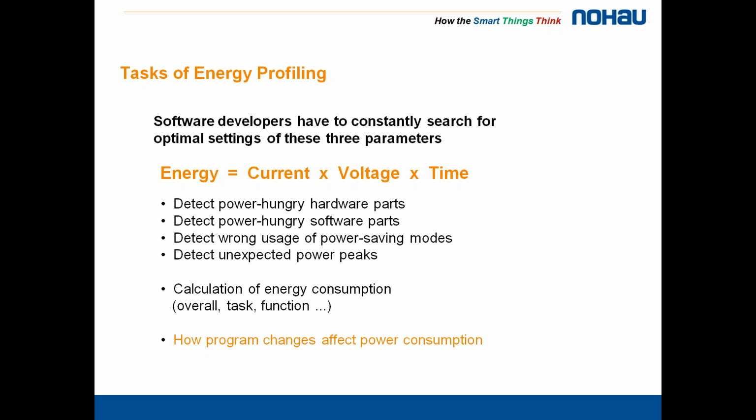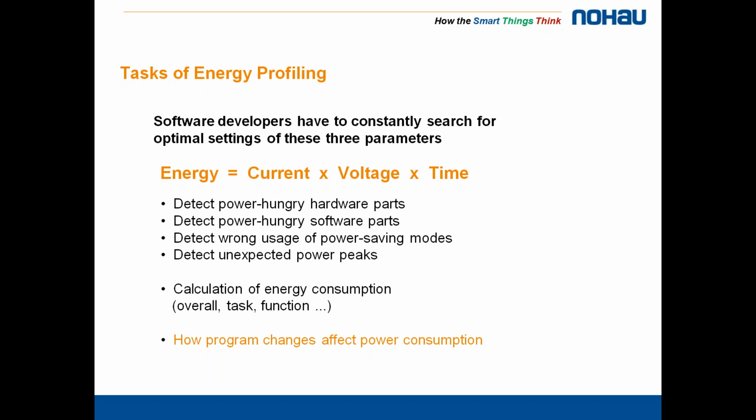It would be good to detect if we are using some kind of power saving modes in the wrong way. Also, it could be good to see if we have unexpected power peaks. So if we have an unexpected power peak, then we can see what the software was doing at that point in